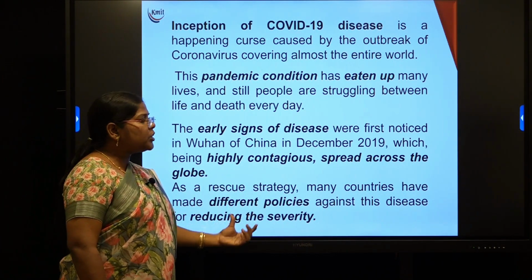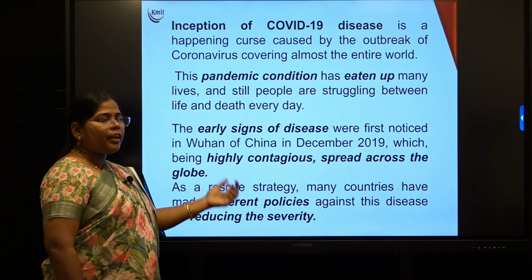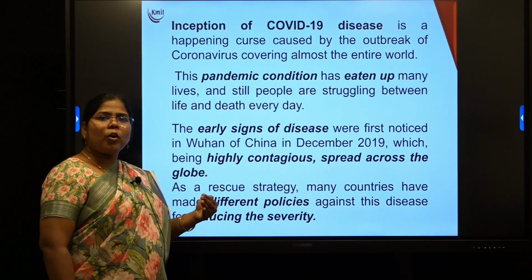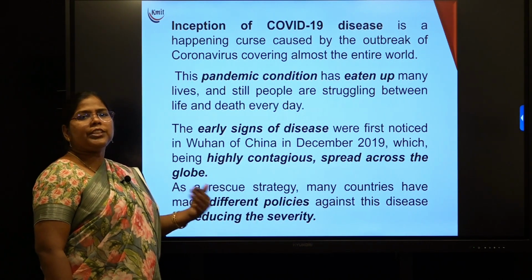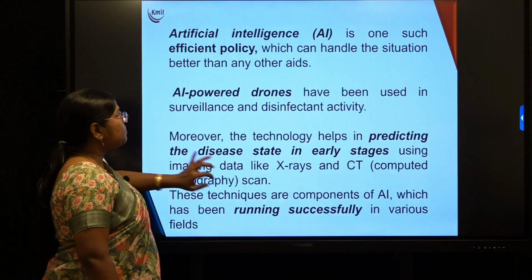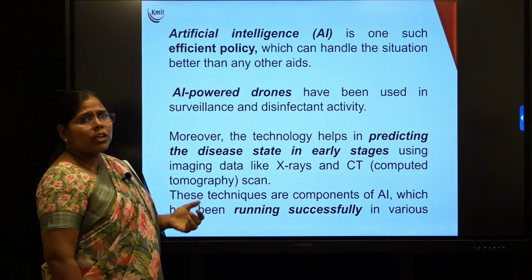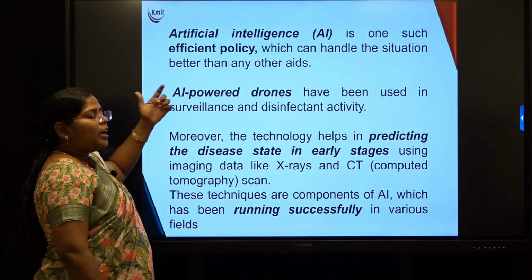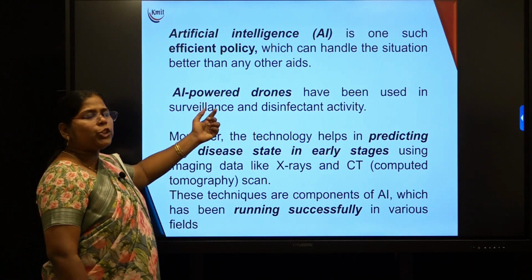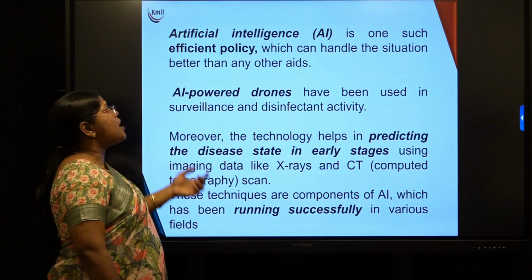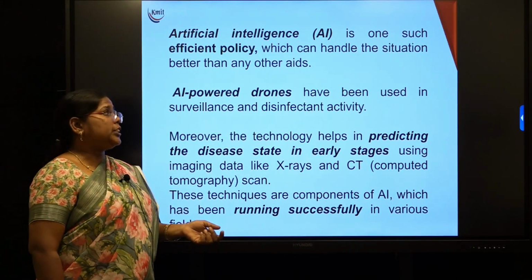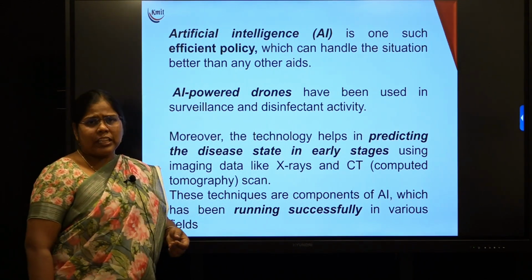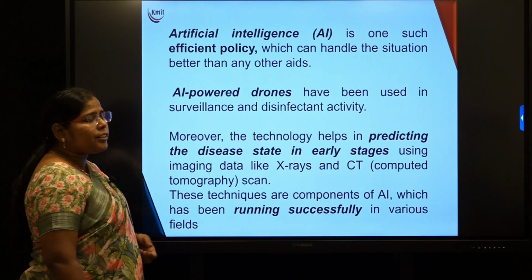One policy that they have introduced is artificial intelligence. People estimated that artificial intelligence is an efficient policy that can handle the situation better than other aids. So for that they have used